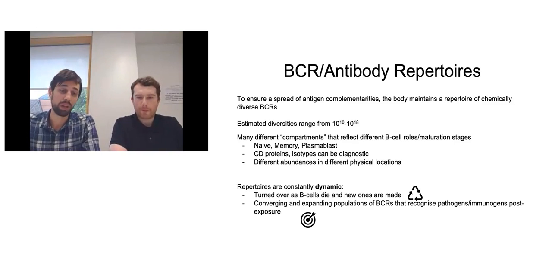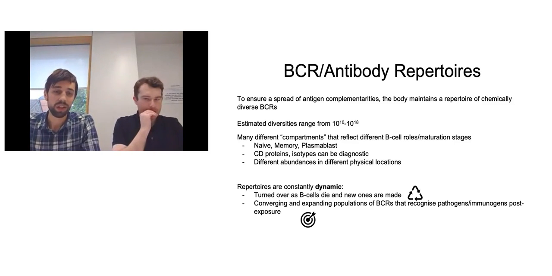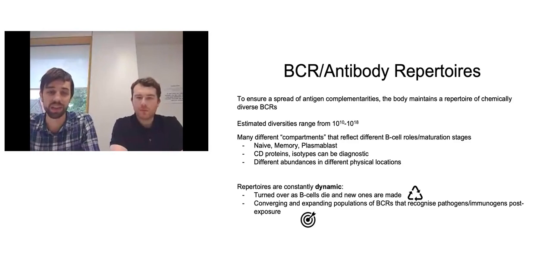It's complicated because we have different compartments of antibody repertoires. We have the antibodies and BCRs that are probing right at the start with potential pathogens, known as the naive repertoire. And then we also have a set of B cells that are preserved after exposure, which represent an immune history of things that were useful in the response. And then we have specialized B cells whose job is to make lots and lots of antibody.